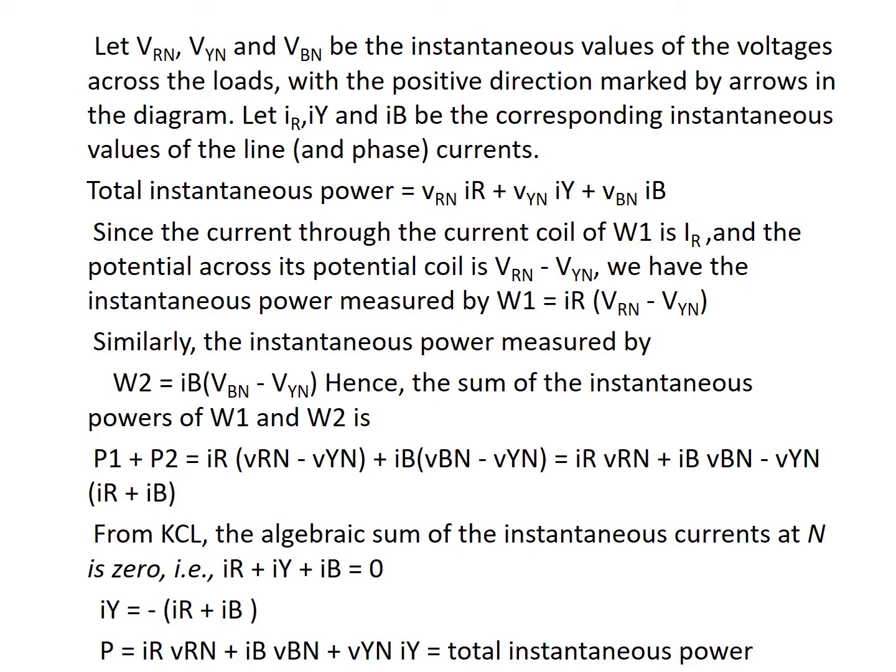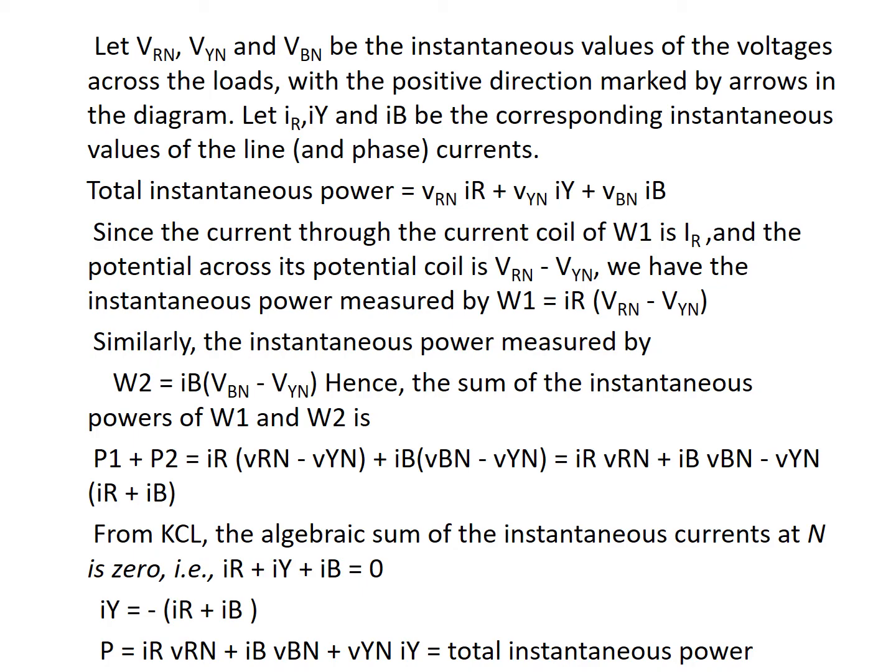So for W1, power is voltage into current, so IR into VRN minus VYN. Similarly for W2, the current through W2 is IB, and the potential measured by the potential coil is VBY, so VBN minus VYN. If you add these two, W1 plus W2, you will get the same equation as that of the total instantaneous power: IR VRN plus IB VBN plus VYN into IY. This is the total. So this expression shows that two wattmeters are sufficient to measure the total power consumed in